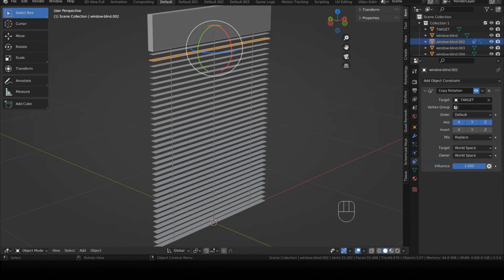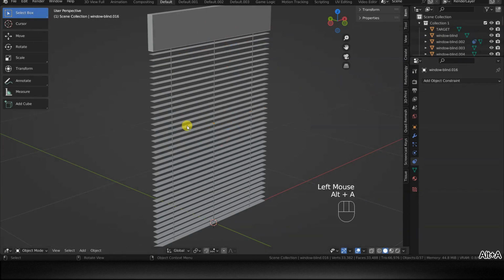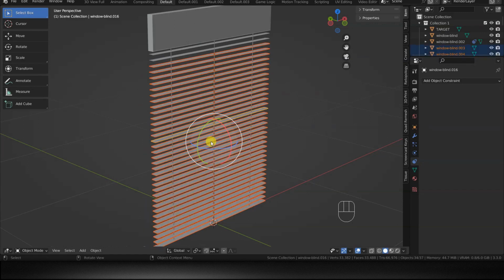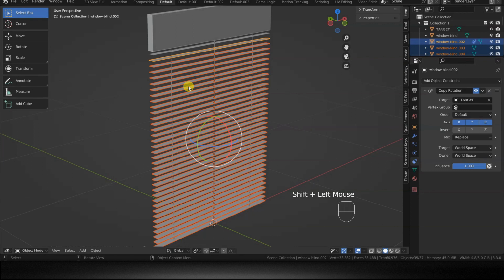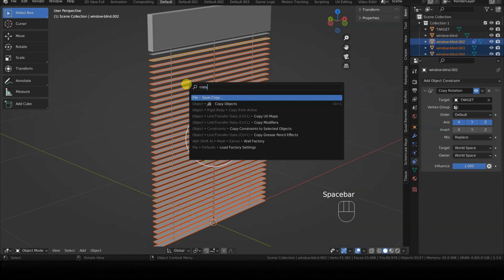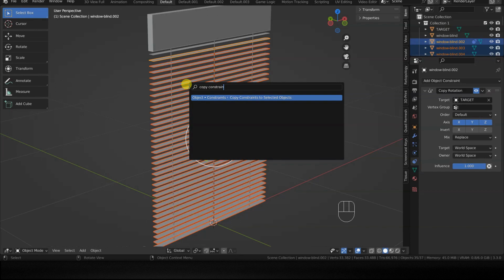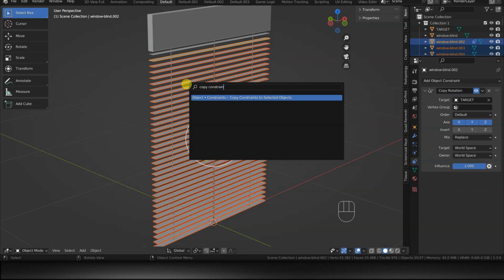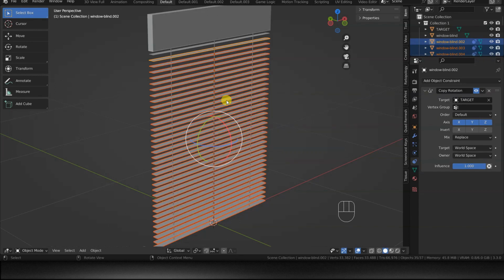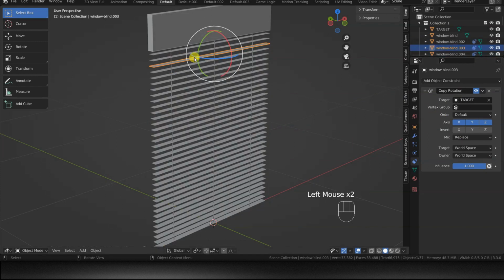To quickly provide this constraint set in this way to all the other slats, we need to first select all the other slats, then lastly select the slat with the constraint, then open the Blender search box and write copy constraints. The operator copy constraints to selected objects will appear in the search box. Let's select it and verify that all the slats now have the copy rotation constraint correctly set.